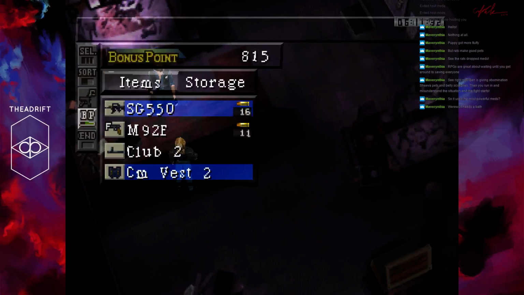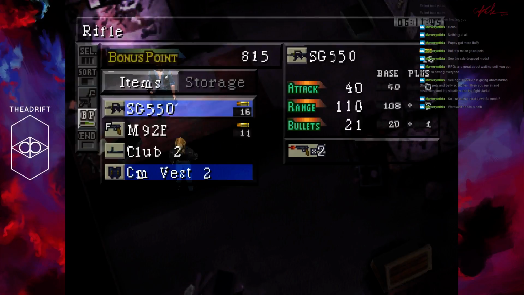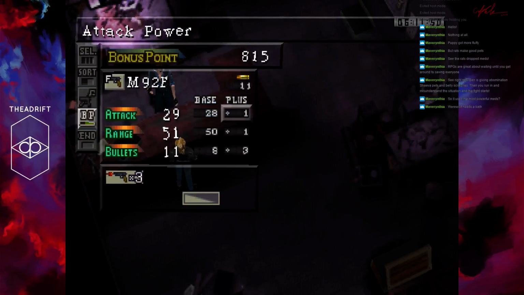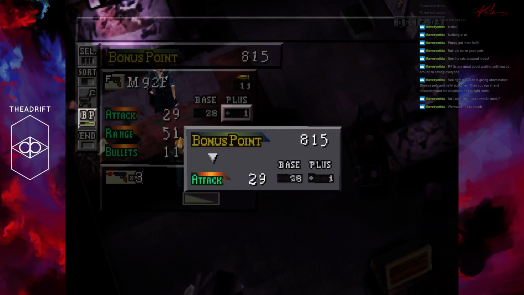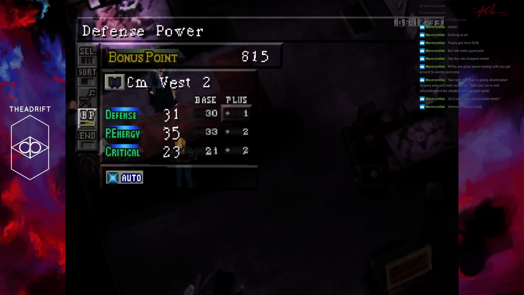Cool beans. I wonder if I can put some bonus points into our M92. See if I can give it a better attack. Oh, I totally can. How much, I wonder? I've discovered a whole new... Okay, so it looks like every 100 bonus points is another plus to our stat. So let's go ahead and we'll beef this up to 40. Almost. Wait, can I put... I can put that into...